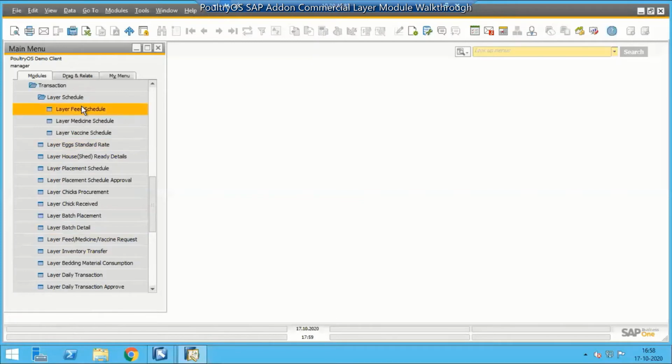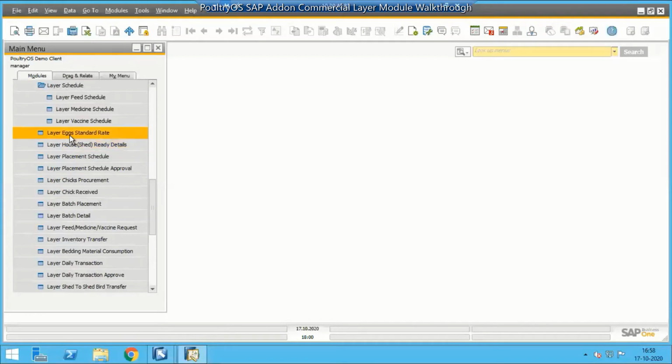So flock-wise, then what happens, three types of report are coming like this: standard actual, flock actual, flock standard, standard, and your flock actual. Like this, the difference is coming. So the original standard chart entry will be overridden in the flock-wise schedule. Yes. Then this is why I'm calling for the standard egg rate, where I need a standard egg rate for generating eggs. So this will be utilized when we are actually collecting the eggs.